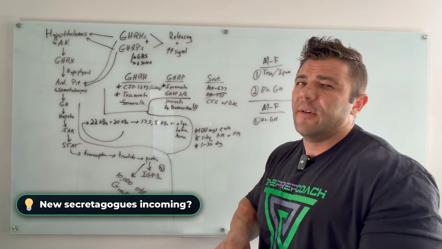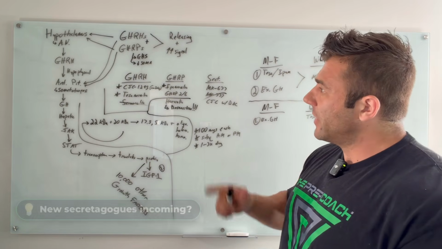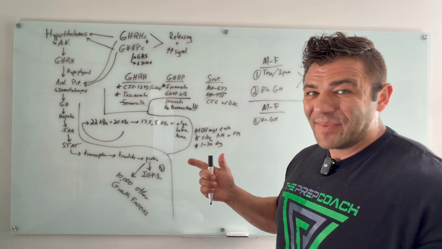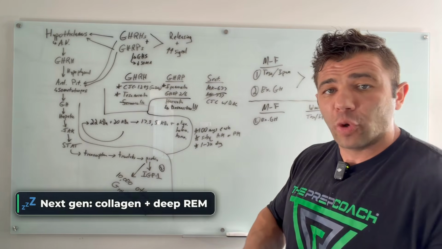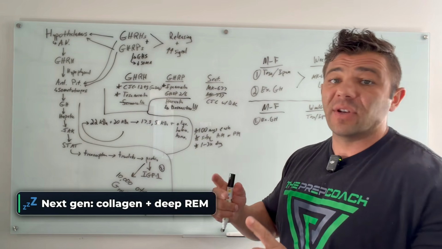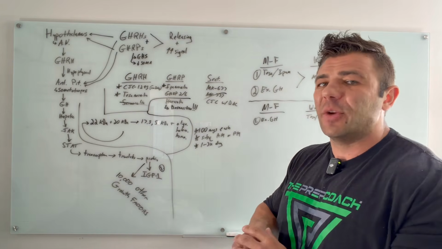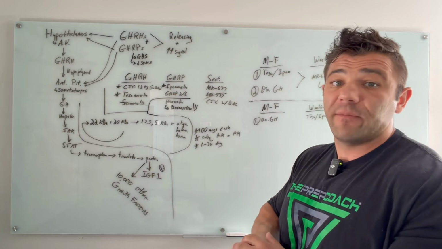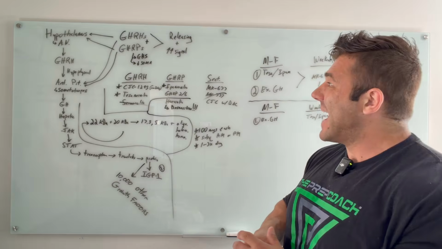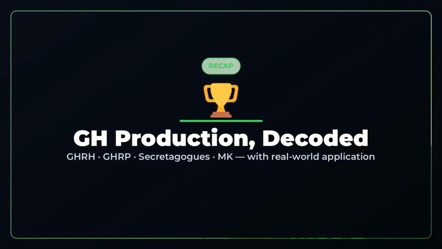I'm trying to do some things myself. The problem is these work so well. So we're trying to complement different molecules to have less drivers on appetite, more drivers on collagen synthesis, more drivers on deep and REM sleep. It's interesting, but there should be some new stuff coming out by the end of 2026, maybe early 2027, if things go well. So guys, that is a basic overall guide on endogenous growth hormone production,